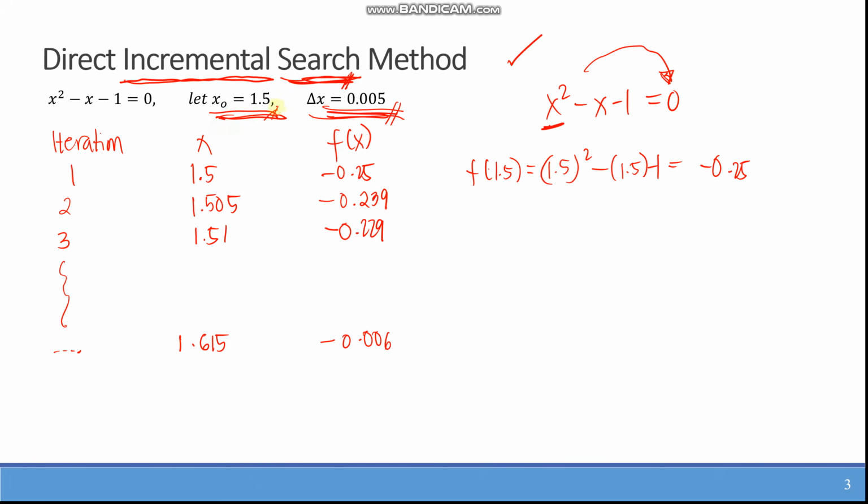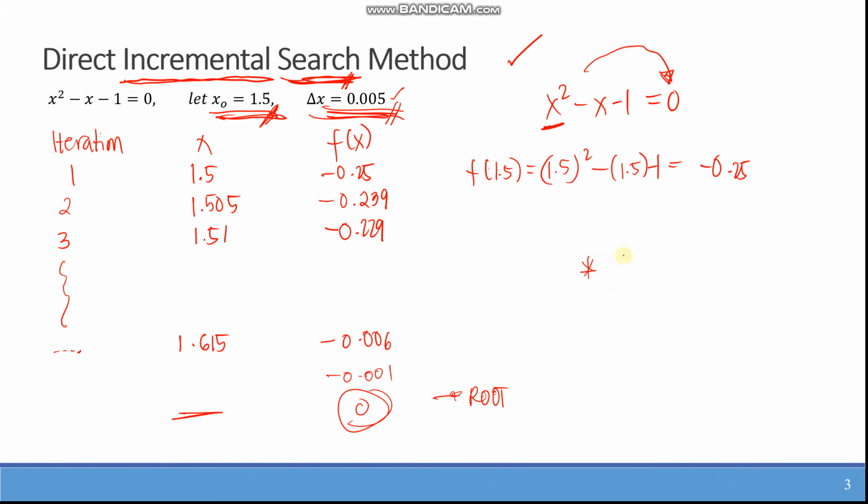You have an initial assumption, and then you're not sure if it is close to or far from the correct answer, and then you have your step size and you are going to iterate until you get close to the correct answer, which is equal to 0. So the value of x when y is equal to 0 will be the root of the nonlinear equation. But of course, it depends on the condition of the problem.